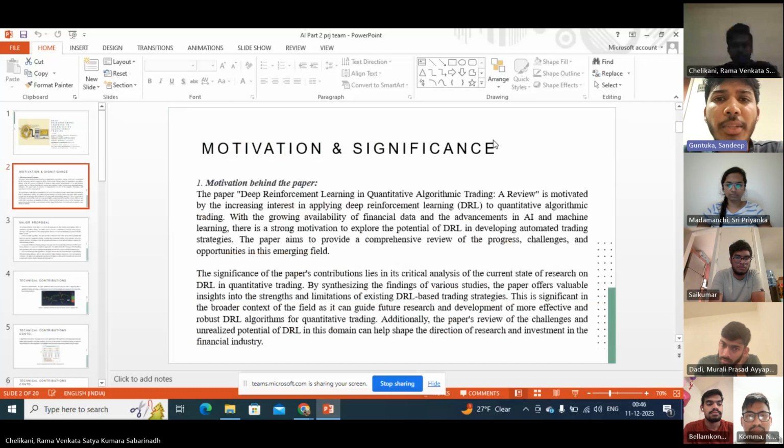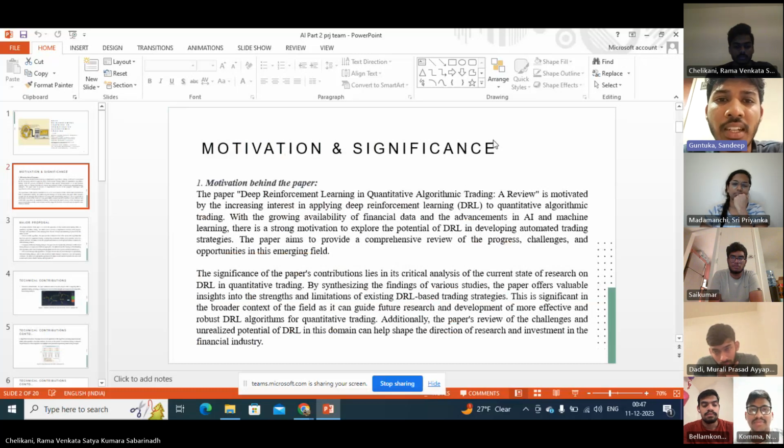Coming to the motivation and the significance: the motivation to select this paper is that the paper, deep reinforcement learning in quantitative algorithmic trading, is a review motivated by increasing interest in applying deep reinforcement learning to quantitative algorithmic trading. With the growing availability of financial data and advancements in AI and machine learning strategies, we have selected this paper to present. And the significance of the paper's contribution